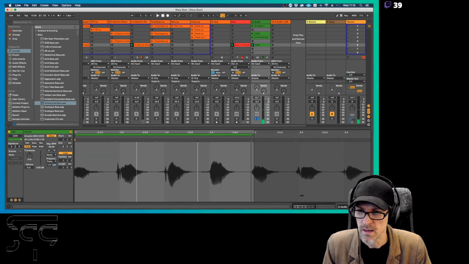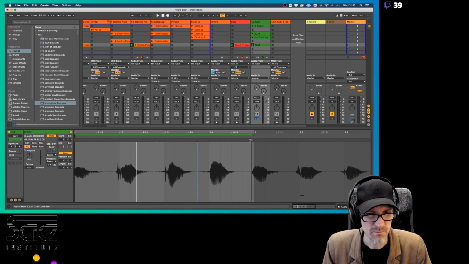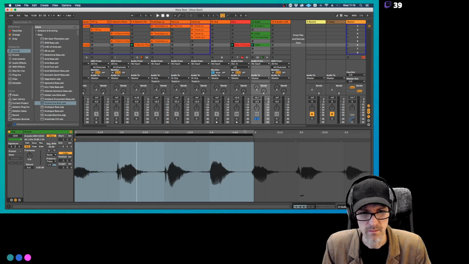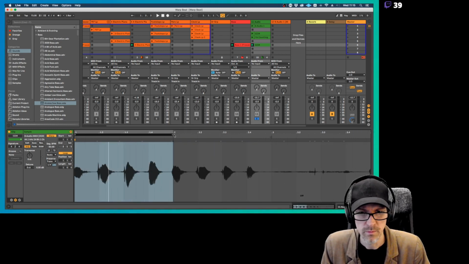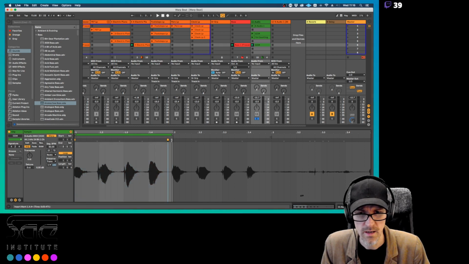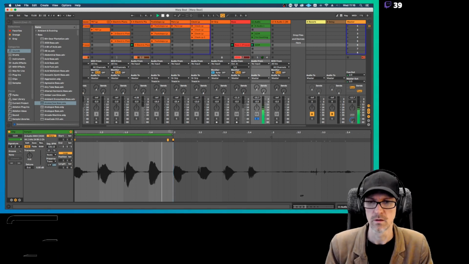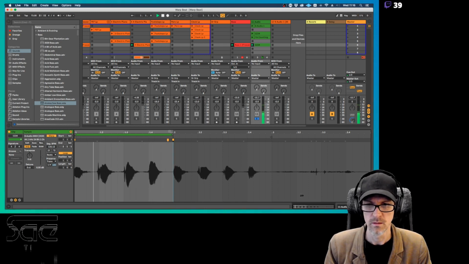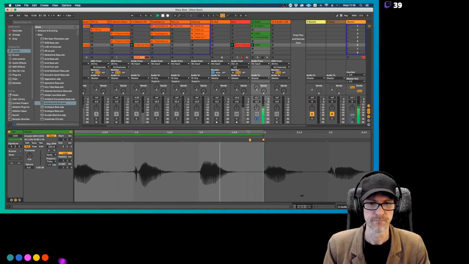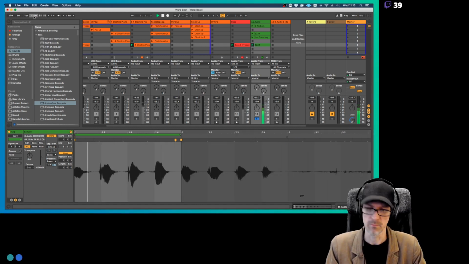And what I'm going to do here is I'm going to move, let's see here. I don't want to mess with that, and it's going to be a little bit annoying. So let's do this. Here, I'm just going to put a warp marker here and a warp marker here and move that over. See what that sounds like. Cool. Okay, that sounds good. Now, if I slow it down even more,